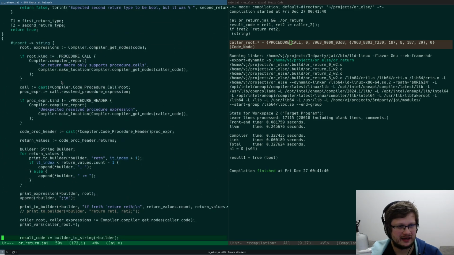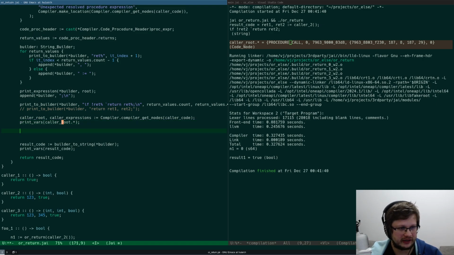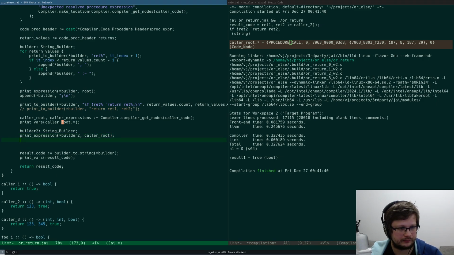So let's see. Let me print the expression. How do I print the expression? I would have a string builder and print expression to this builder 2 and color root, and then I would print vars builder to string and builder 2.